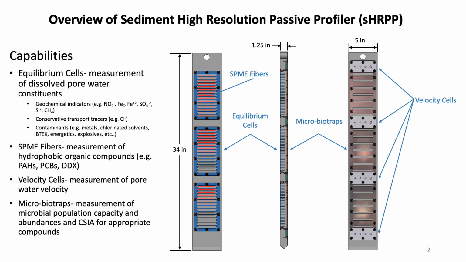The device is able to measure a number of parameters, and the first parameter are the dissolved pore water species with reasonable solubilities. And so those would be things like the geochemical indicators, the electron acceptors, nitrate, iron, sulfate, sulfide, methane, other dissolved gases, conservative transport tracers like chloride, and then contaminants that have a high enough solubility to be able to analyze without concentration. And those include things like the metals, chlorinated solvents, BTEX, energetics, explosives,